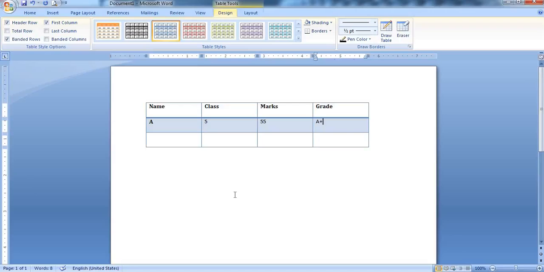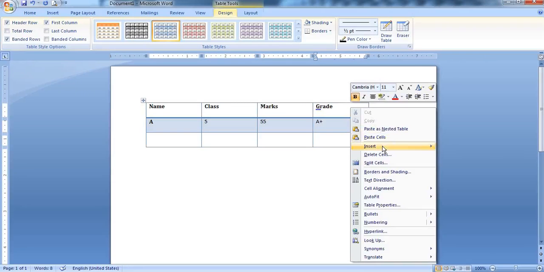Now next, if in some cases I want to insert more columns or more rows in that particular table, what I will do is right click on the column. If I want to insert more columns, I have to right click here, and you can see the Insert option is here.